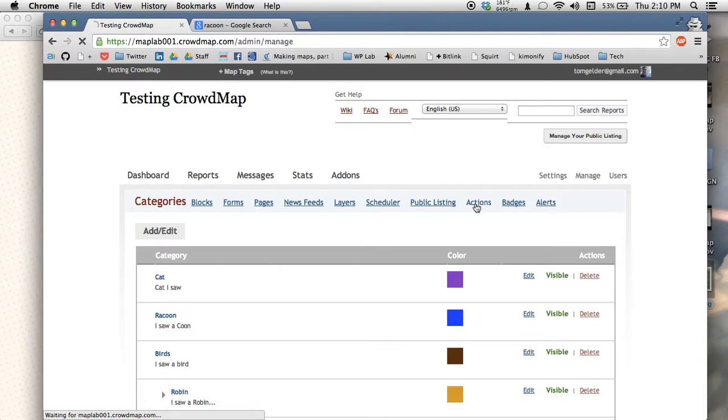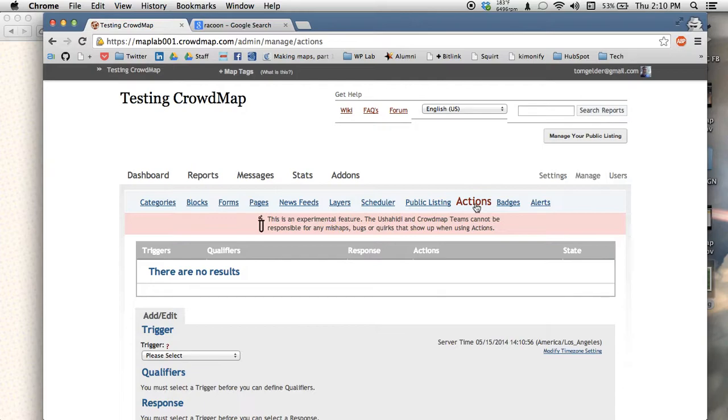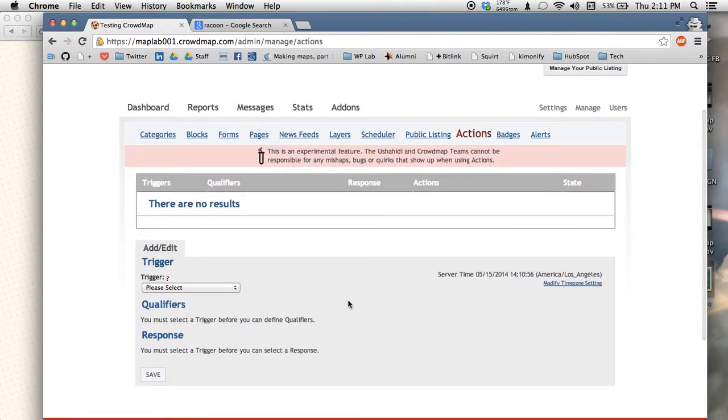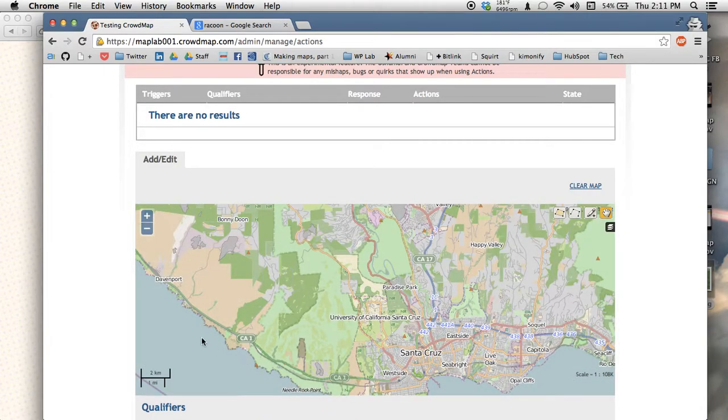Go to Actions. And we're going to set up a trigger, qualifier, response. So this is kind of like if you ever used If This Then That, IFTTT. It's a great website. It lets you set up a trigger and then an event. So in this case, if somebody makes a report, then we will automatically approve it. So if there's a report added by anyone, and let's say in a specific area, let's say that we want to